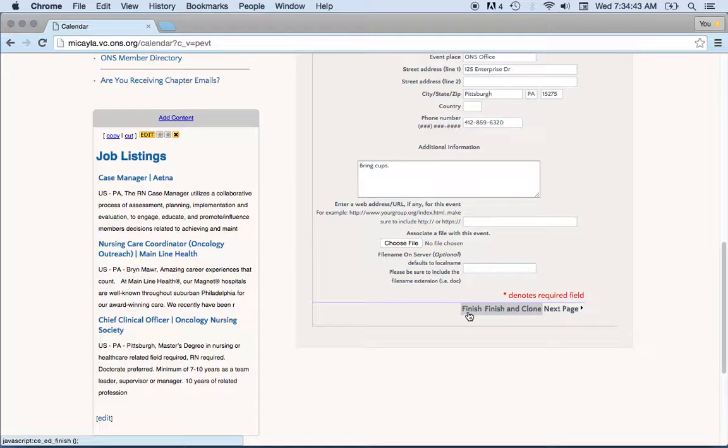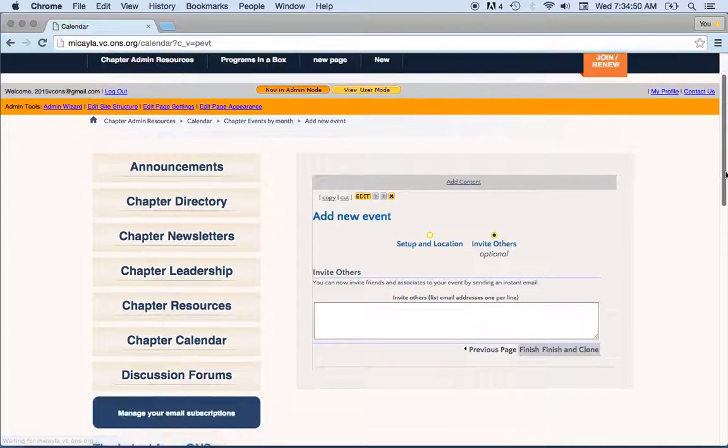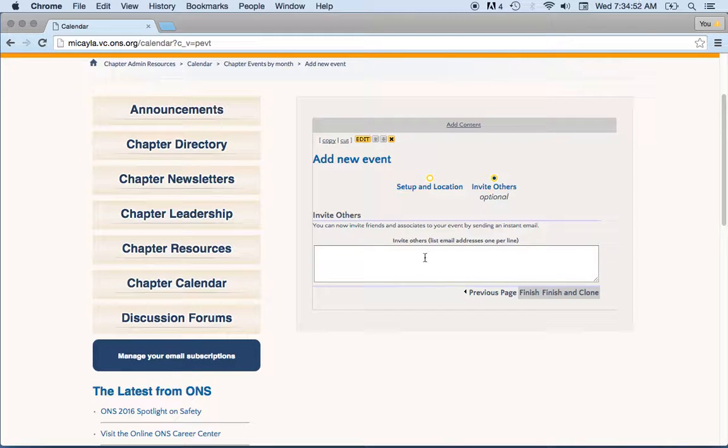Clicking finish is just going to post it to the site itself, and clicking on next page is going to take us to a section where we'll be able to specifically invite people by email address. So I want to invite, again, chapters@ons.org, that's my email address. So I'm going to invite that email address to my birthday party, and it's looking good. So now I'm going to click on finish,